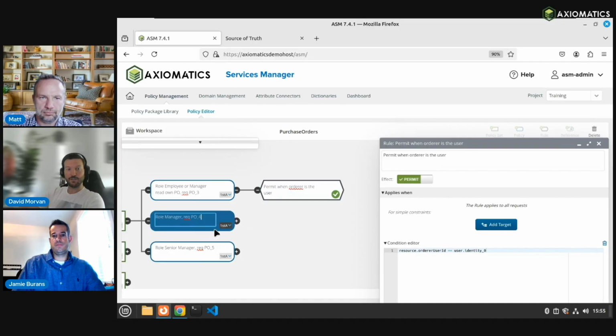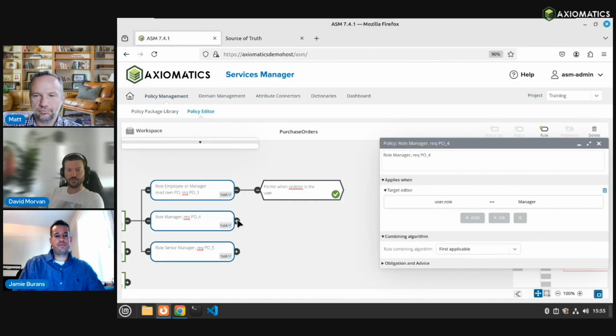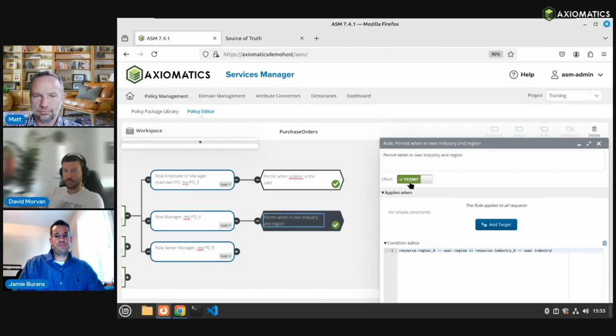Now, if I look at more of the manager role, the manager obviously has the ability to go in and approve POs and see more things and do more things. So if they're a manager, they also will take a look at this path. They'll be permitted to see everything listed here, and that's going to be the resources in the same region as the user. The user, Michael, is in the US. So he's going to see all of the resources in that region, meaning all of the POs generated from that region. And then the industry type, which we didn't really look at,